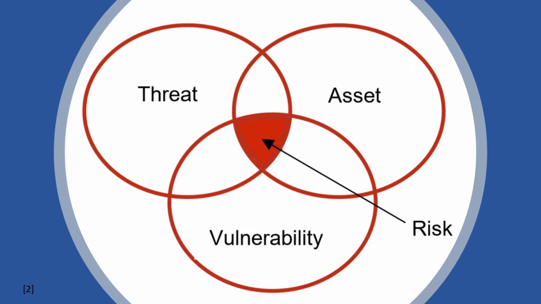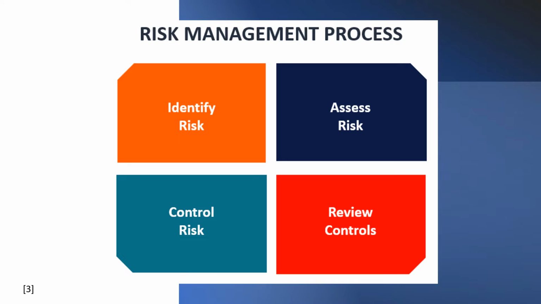So there is no such thing as zero risk or no risk at all. There's always some kind of risk involved, and this can only be managed or minimized. So it can be controlled in a way, but there is no zero risk. Hence, coming to what is risk management. Risk management is a process with a series of phases in it. And the first phase in the risk management process is identifying the risk.